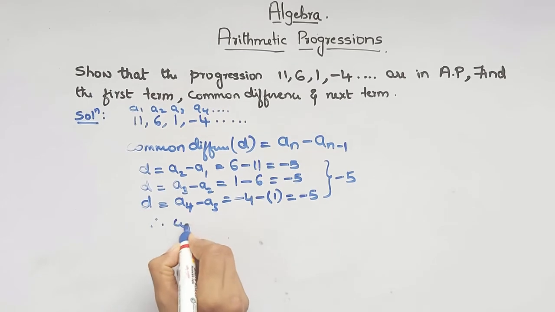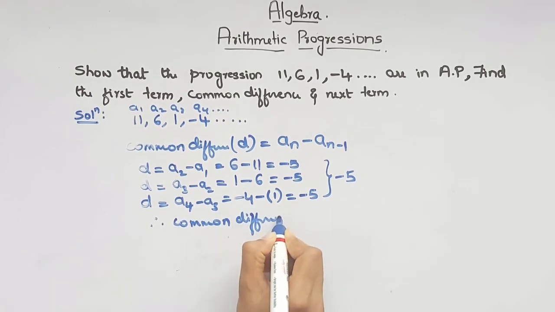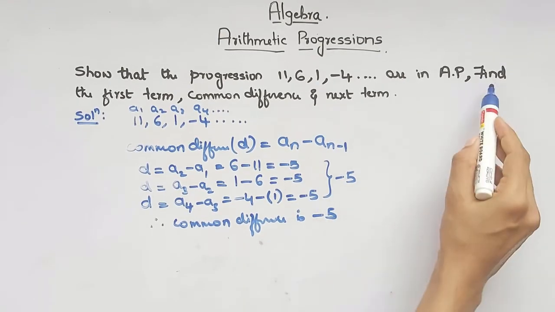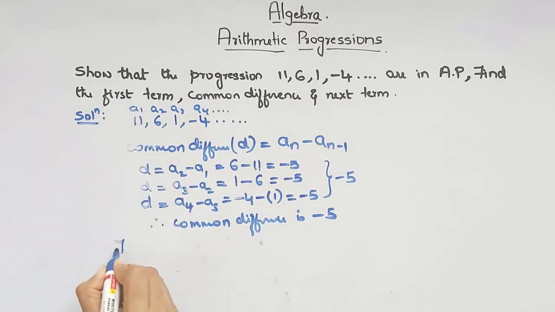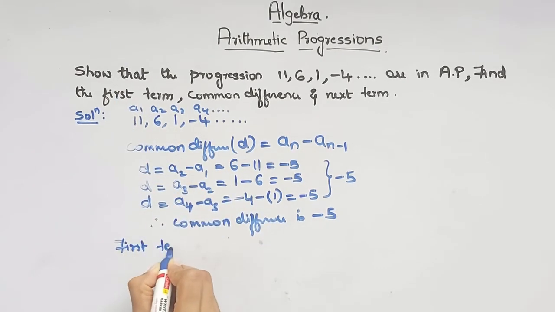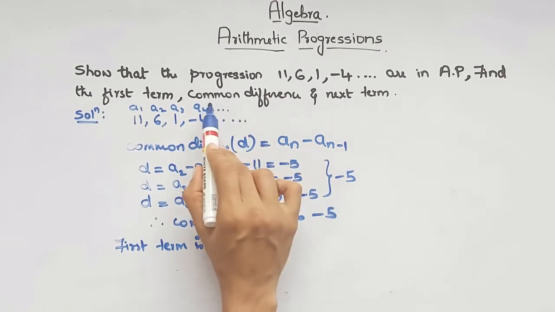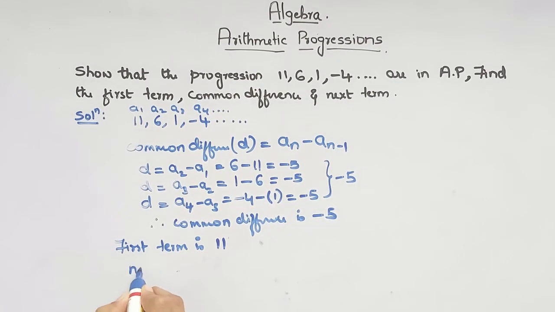So therefore common difference is minus 5, right? They have asked find the first term. In this case the first term is 11. So first term is 11 and common difference is minus 5 and your next term. So the next term